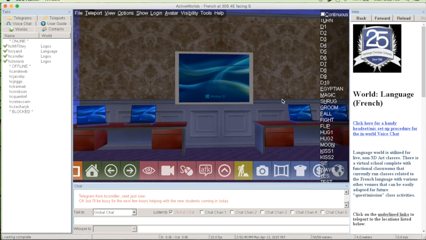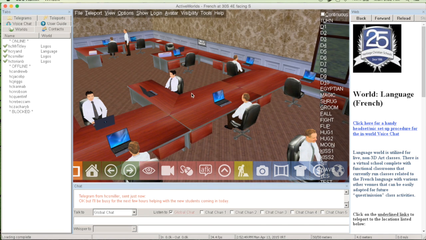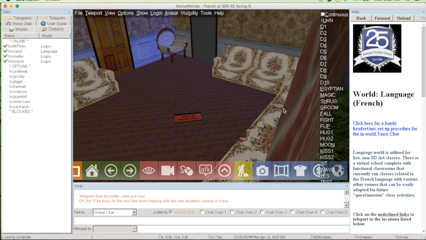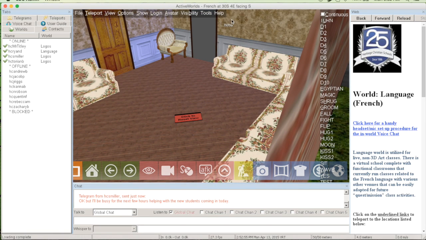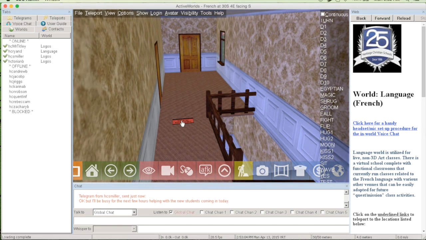And if we click on this big Windows 10 window, we can see the main offices. They're all doing their jobs. And if we click over here, we can see the waiting room, and that's our name popping through the wall, because we're actually right in this room over here. And so we can click this sign and get back. And then the last place we can go is over here. This is the stairway that I walked up, and if I click this sign, I can get back to my